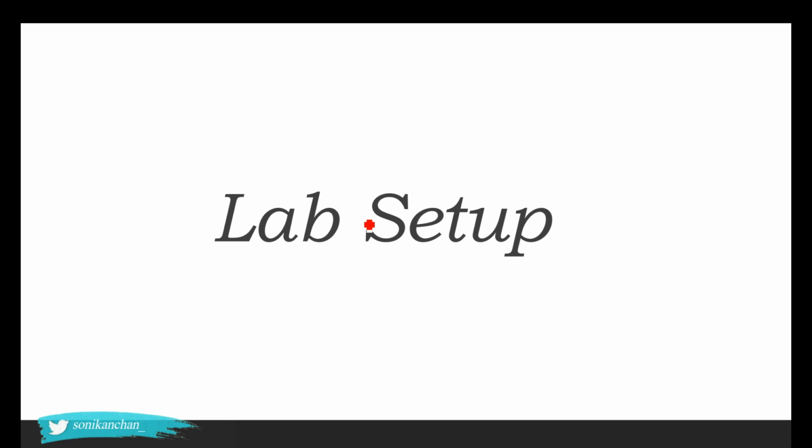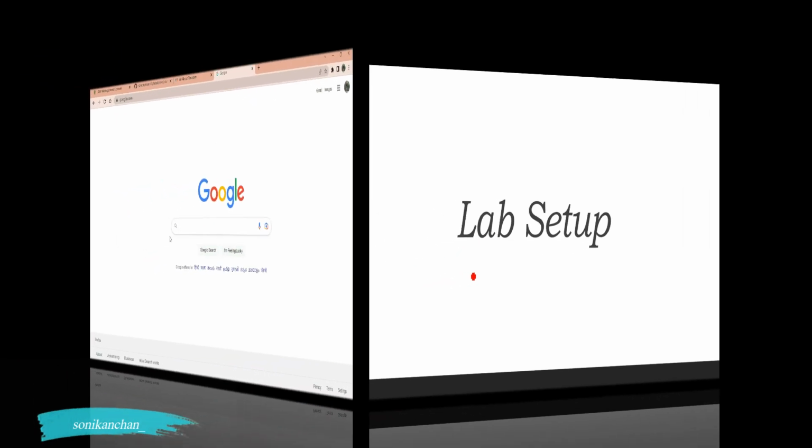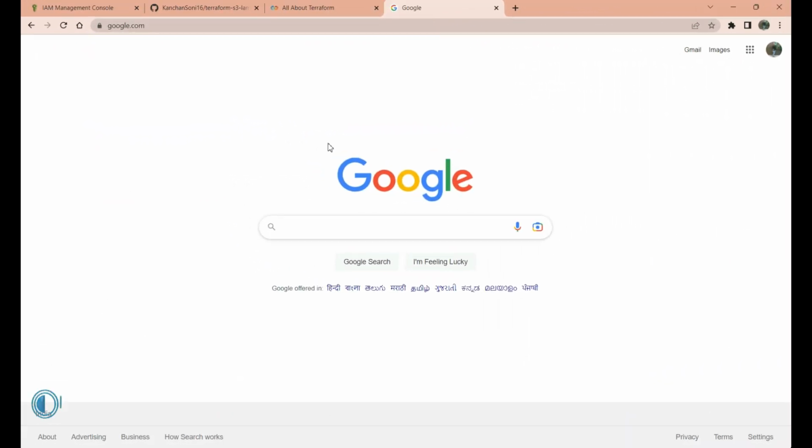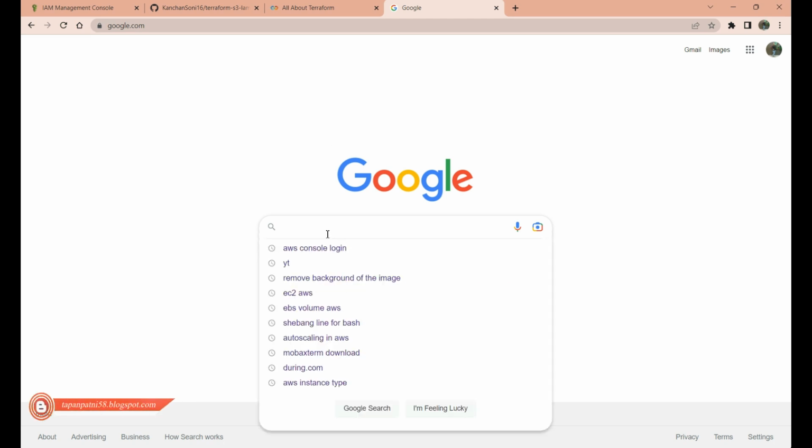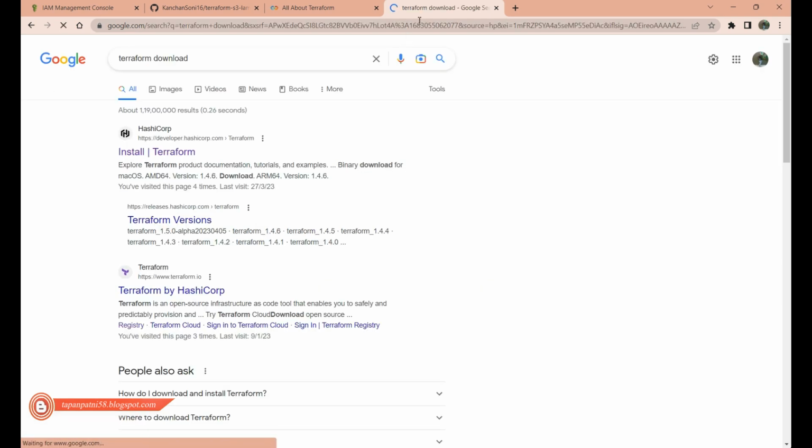Okay, so let's just move towards the lab setup. For the lab setup, first you need to download the Terraform binary. Just go into Google and type Terraform download. Once you type Terraform download, you will get the link from HashiCorp that has